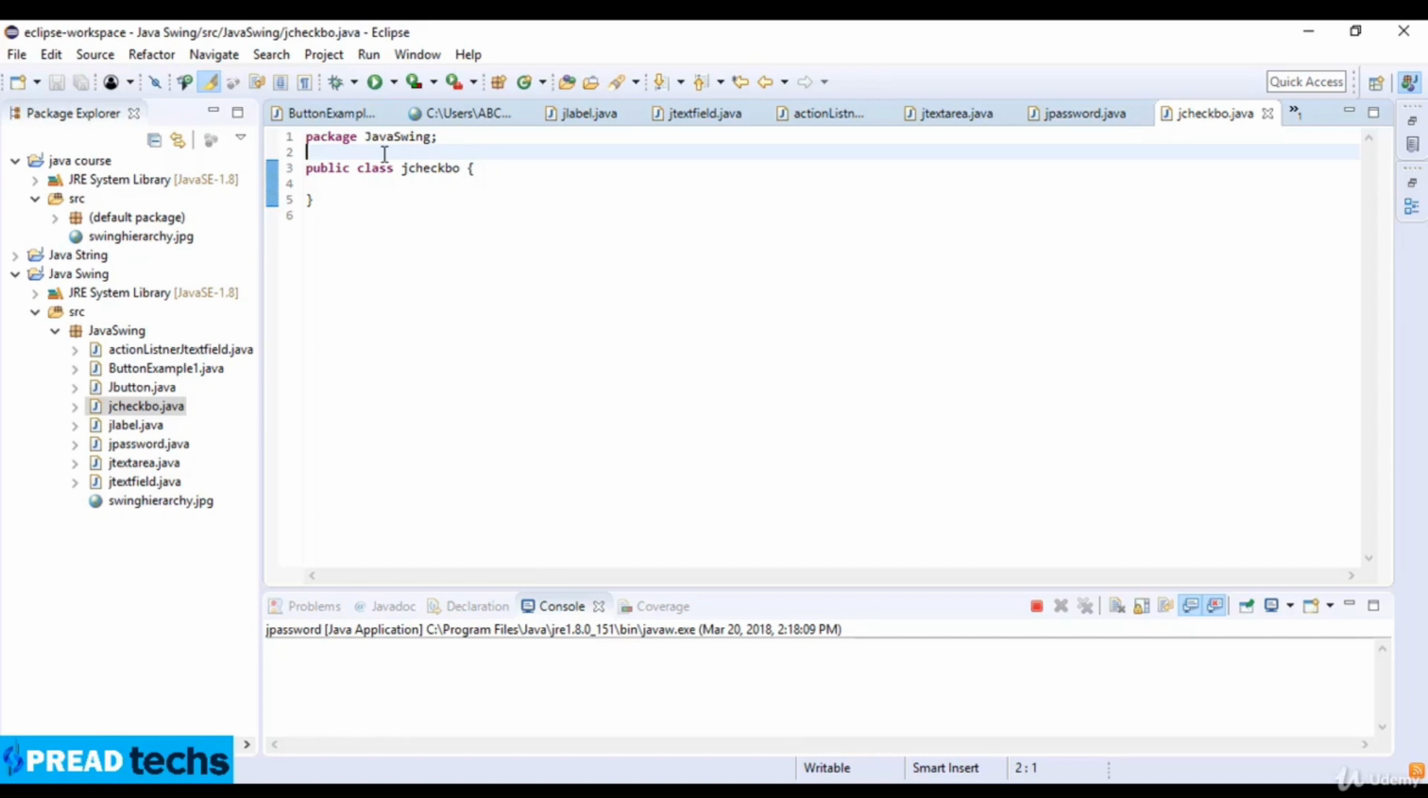The JCheckBox class is used to create a checkbox. It is used to turn an option on for true or off for false. Clicking on a checkbox changes its state from on to off or from off to on. It inherits the JToggleButton class. Now let's turn to the coding example,